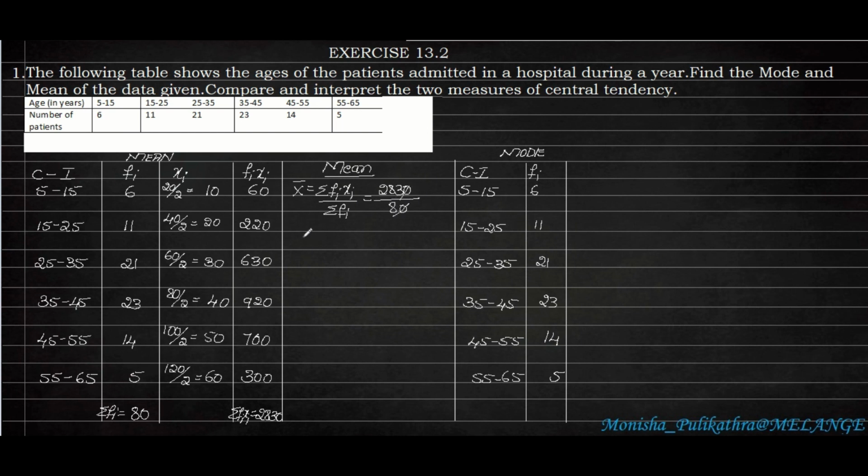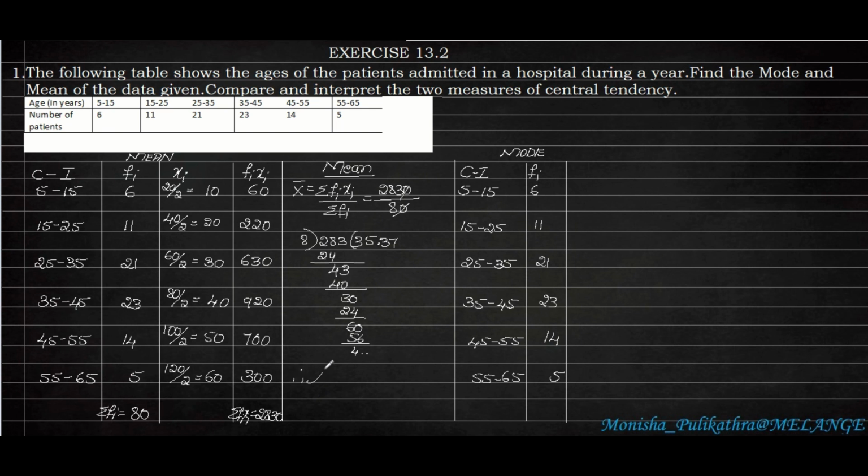So 0 0 cancel. Next we need to divide 283 by 8. So 8 threes are 24. So here 4 remaining. 8 fives are 40. Here 3 remaining. We have to put a point here so that we can take a 0. So 8 fours are 32. So 8 threes are 24. So 6 remaining. So 8 sevens are 56. 8 eights are 64. So 8 sevens are 56. Again it goes on, after the point at least 2 digits we have to take. So this is the average age of patients who got admitted to that hospital.